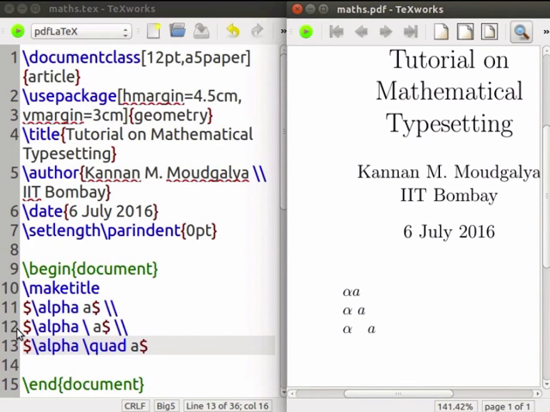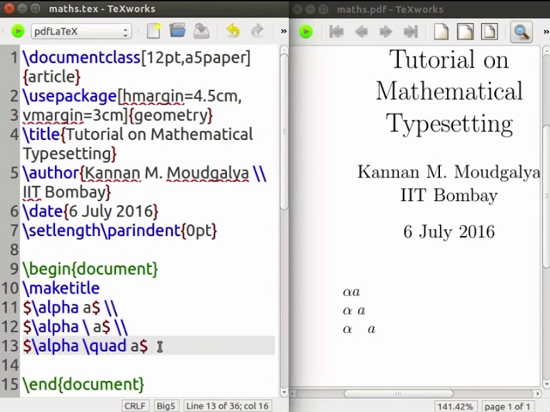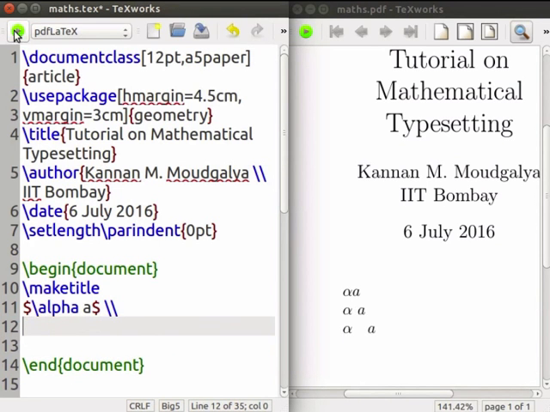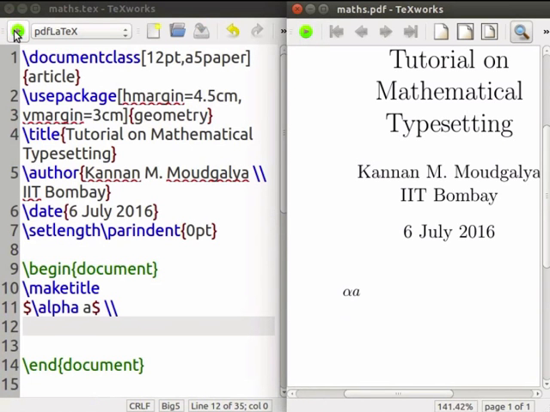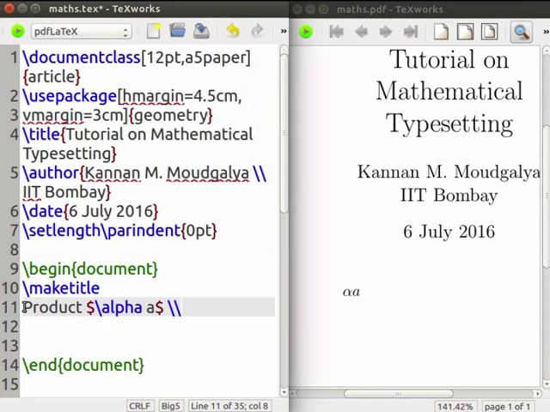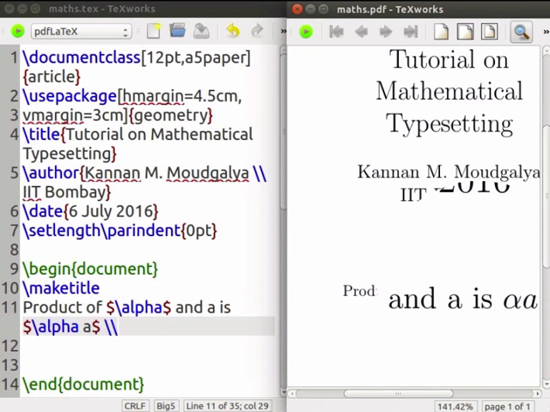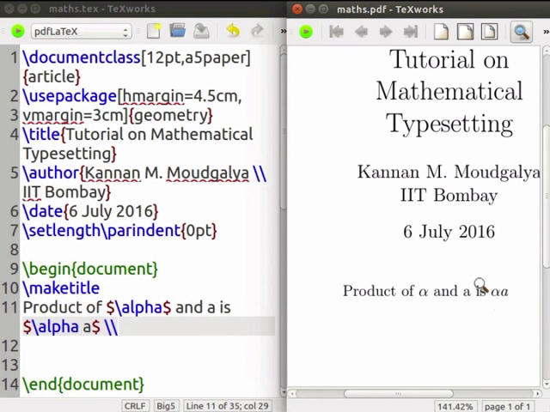We will now move to another topic. Let us delete the last two lines. Let's compile. What happens to the font when we go from the text to the mathematical mode? To understand this, let us write product of alpha and A is. Compile. You can see that the font of these two A's are different.